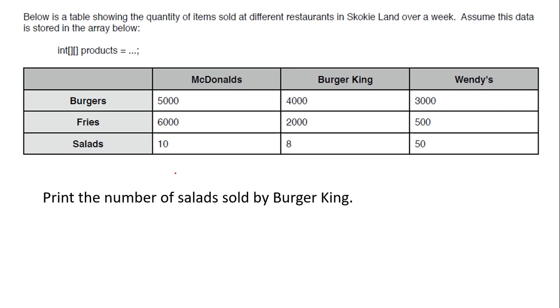Let's take a look at some examples here. So below is a table showing the quantity of items sold at different restaurants in Skokie land over a week. Assume this data is stored in the array below. So they've made me a 2D array called products. Okay, they want me to print the number of salads sold by Burger King. So, well, we're going to print it, right? So that means we got a